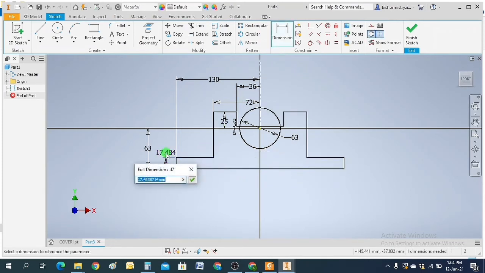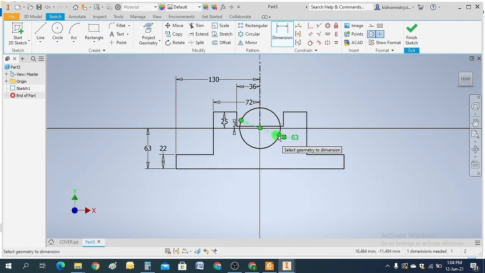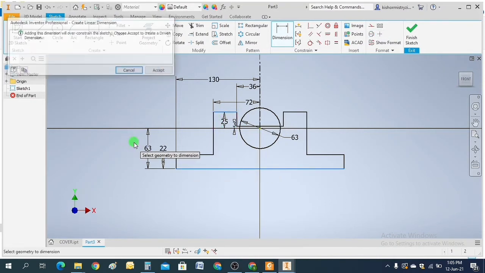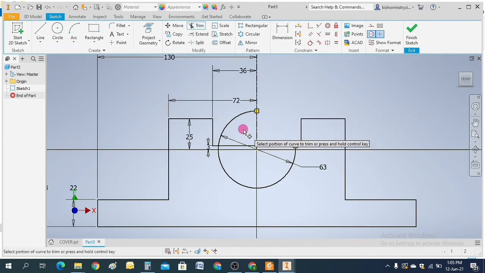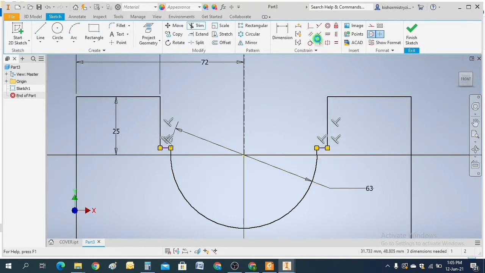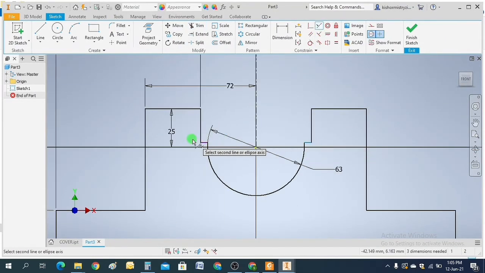Give 22, okay. Now trim, make it collinear.